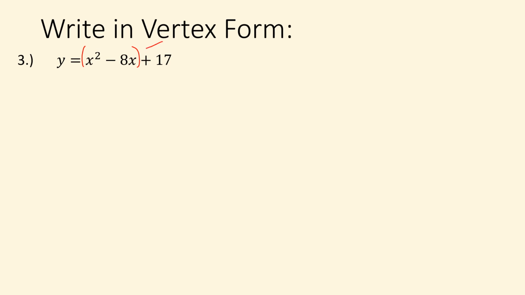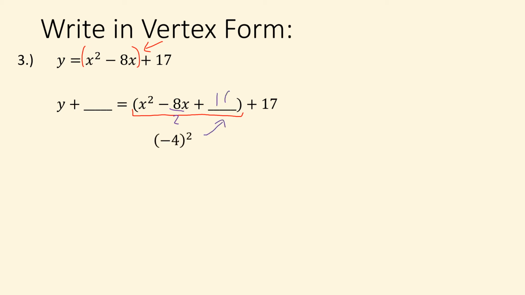Okay, so it's these 2 terms that we're going to be completing the square with. All right, so I group those together, x squared minus 8x plus something, that completes the square, and then that plus 17 is at the end there. Now we complete the square just like normal, divide by 2, we get negative 4, square it, it's a 16. Okay, add that 16 to both